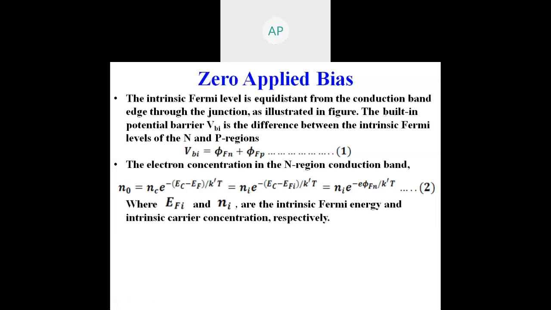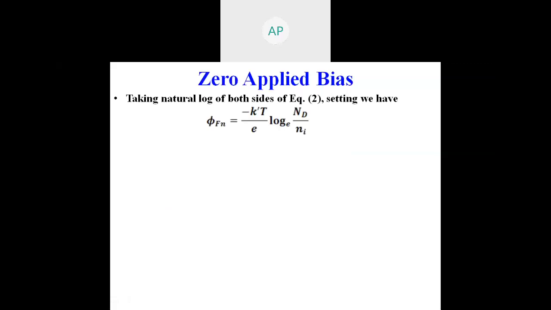So, where are the Fermi levels respectively? The potential phi_Fn in the N region, as well as in the P region, we need to find. So phi_Fn is equal to the Fermi energy level minus Ei. So therefore, taking the natural logarithm of both sides,